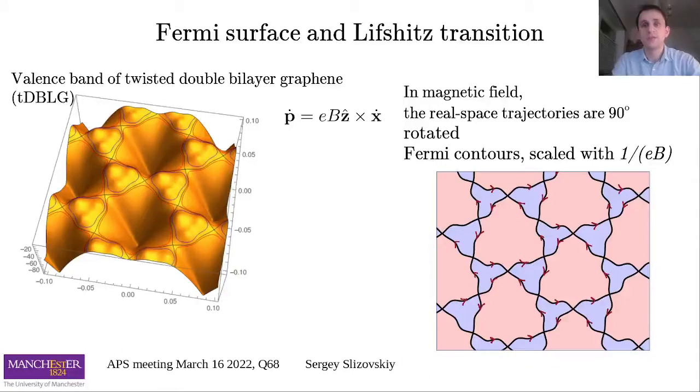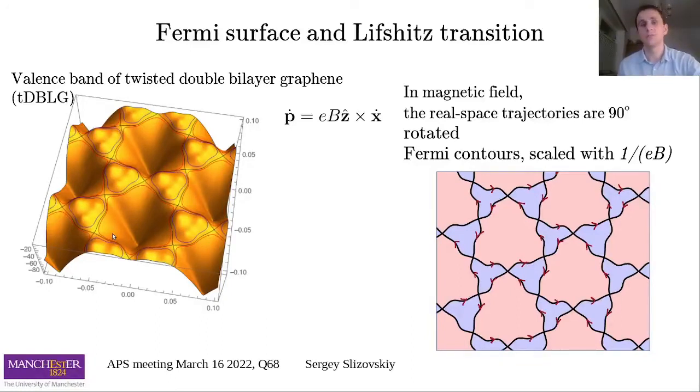In order to explain the semi-classical approach, I will be using an example of 1.9 degree twisted double bilayer graphene. That is topologically a generic example for any system with a C3 rotational symmetry. Here I plot the valence band dispersion. For small hole doping, there are two small Fermi surfaces shown in blue. At some doping, a Lifshitz transition happens and the Fermi surfaces merge, forming one new big complementary Fermi surface,